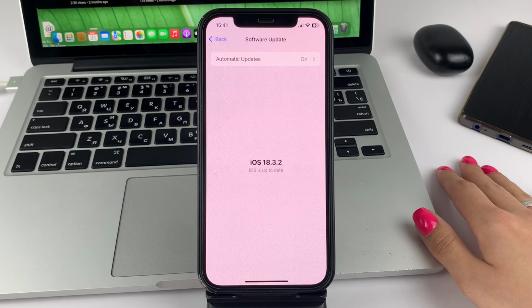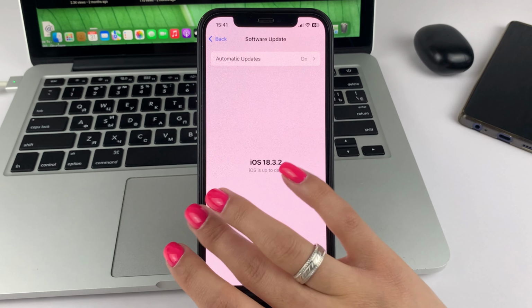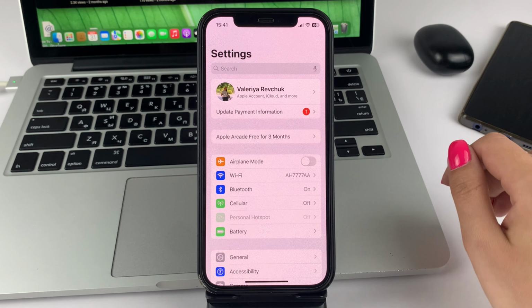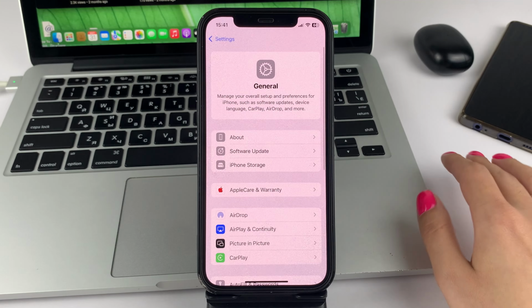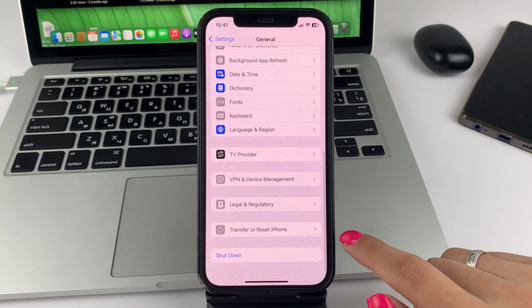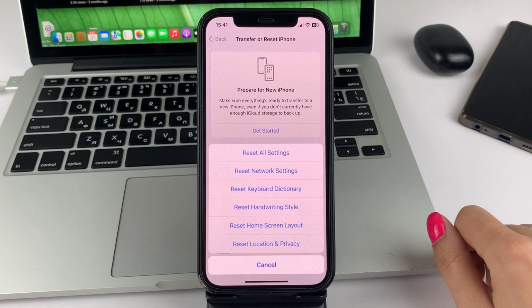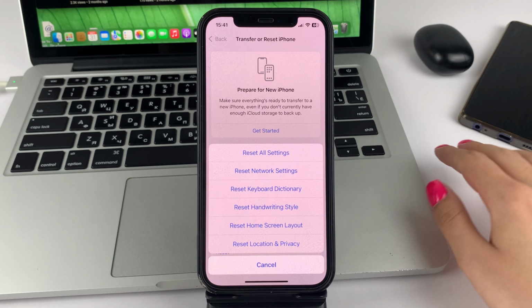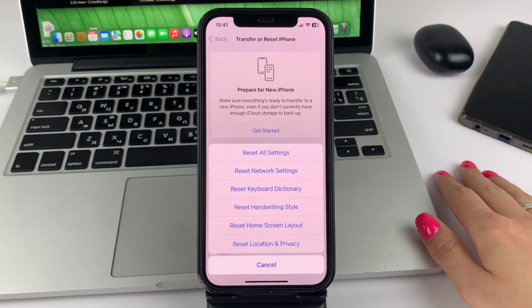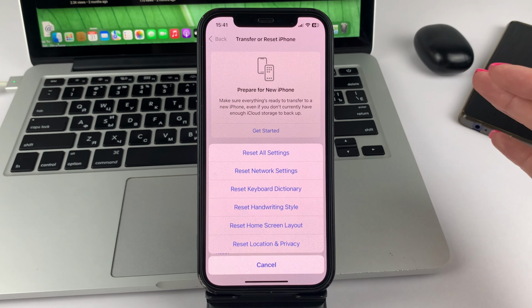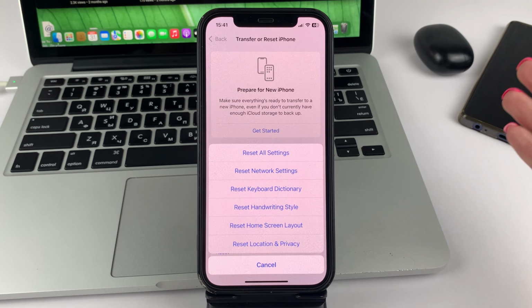If unfortunately that didn't help you either, then the last thing I can recommend is to reset your iPhone to system settings. To do this, please select General. In Settings, scroll down to and select Reset and Transfer iPhone. Next, select Reset and then Reset All Settings. With this reset, your iPhone will look like new. All the settings, all the data will be deleted from it.